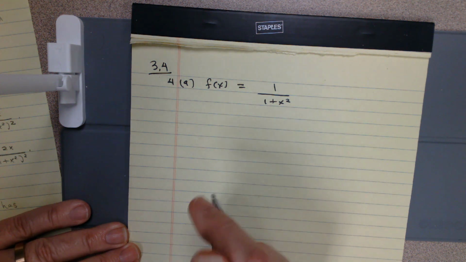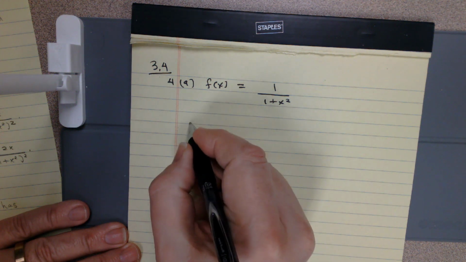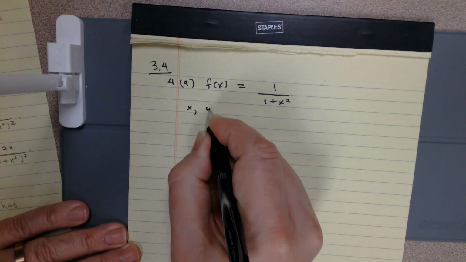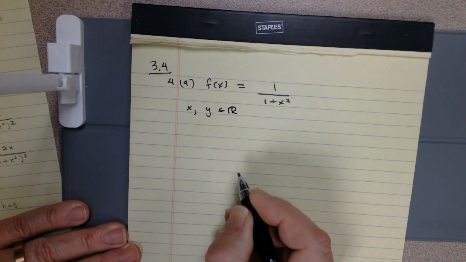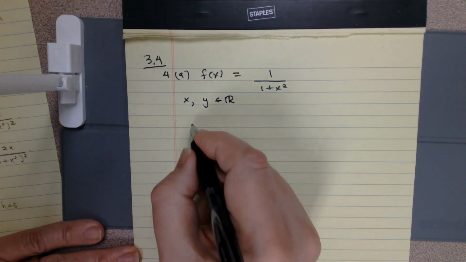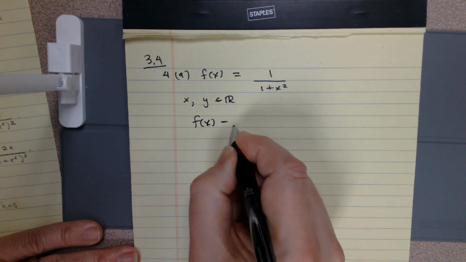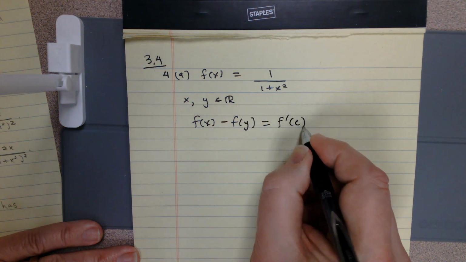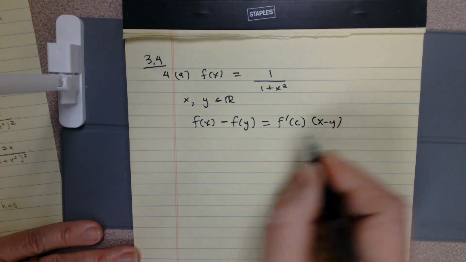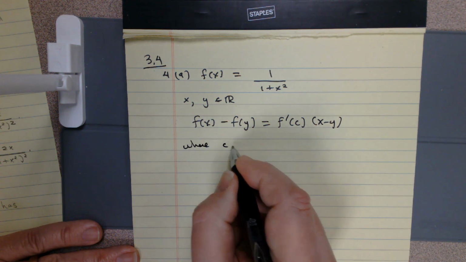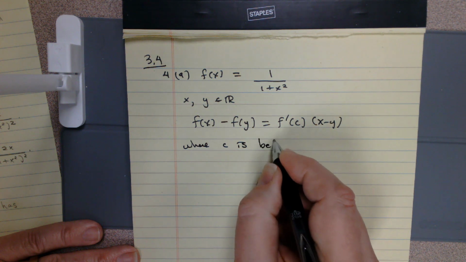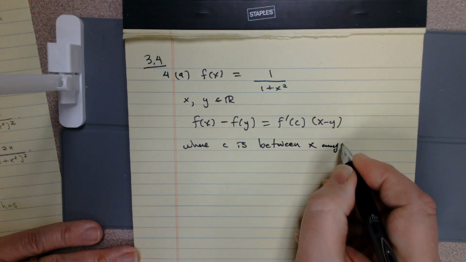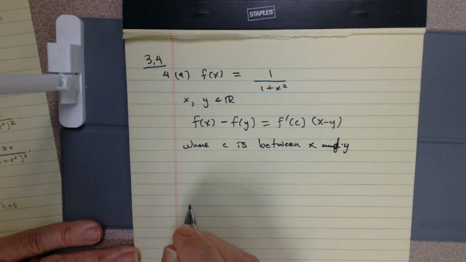Because of this, we can say that if we take any x and y that are any two real numbers, then f of x minus f of y is equal to